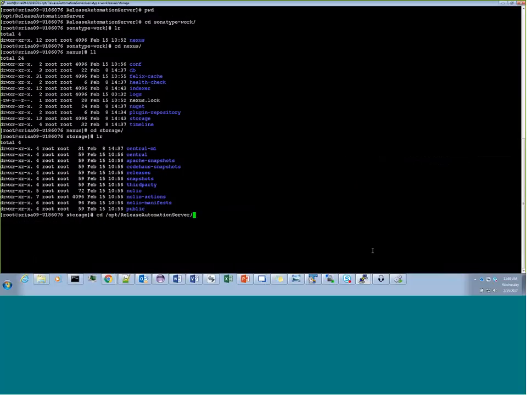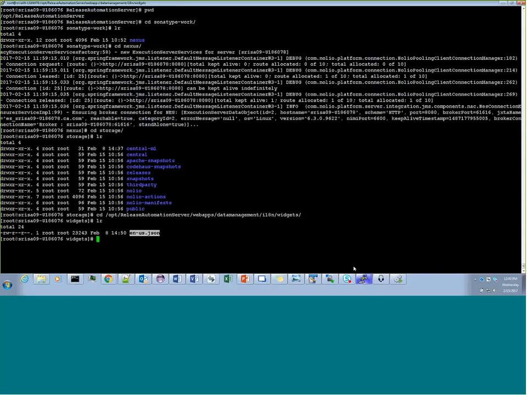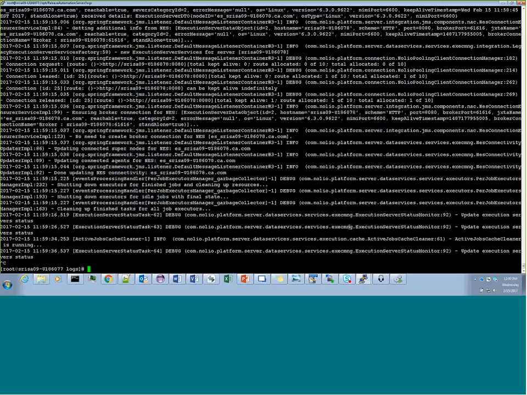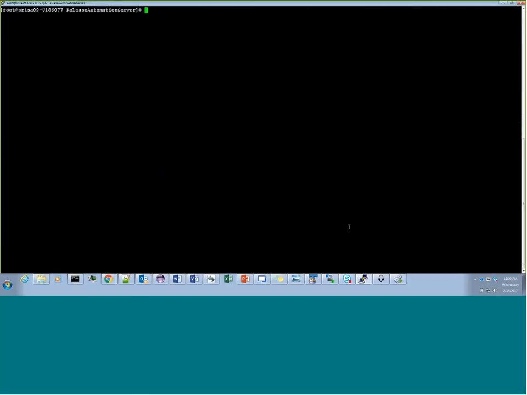So what you have to do is go to opt, release, automation, web apps, data management, and then there will be a folder called I18N, and a folder called widgets. This is the enus.json file, which is the one that is required to be copied to your standby. This generally doesn't happen, but in case it happens, copy the same file to the one that is present on your standby. It will be present under web apps, data management,